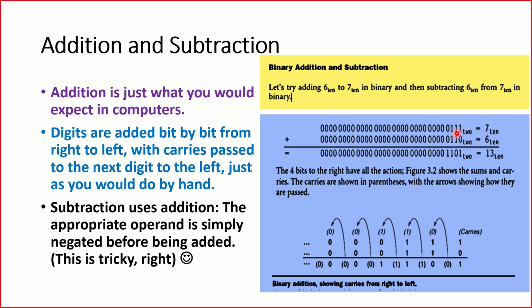And the addition is simple. I hope I need not teach you this. 1 plus 0 is 1, 1 plus 1 is 10 and 1 goes here. 3 ones together get you 1 and that 1 comes here and we got 1101. So it is 7 plus 6 is 13, and the 13 is obtained here and we validated it. The carry, everything has been taught to you right in the schooling stages and we have done that also in the initial stages of digital electronics. So I hope you understand this very clearly.